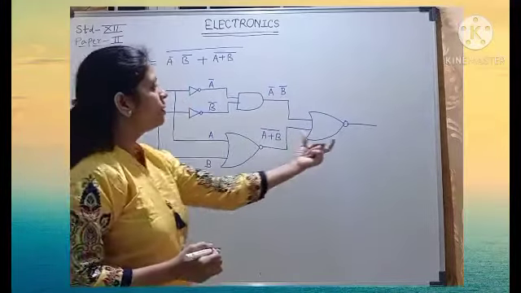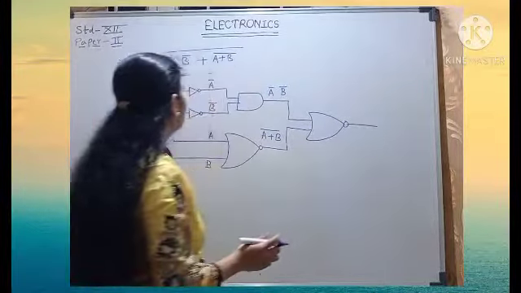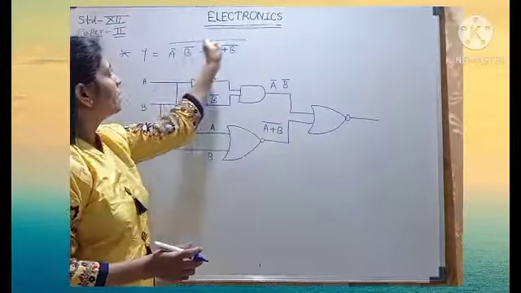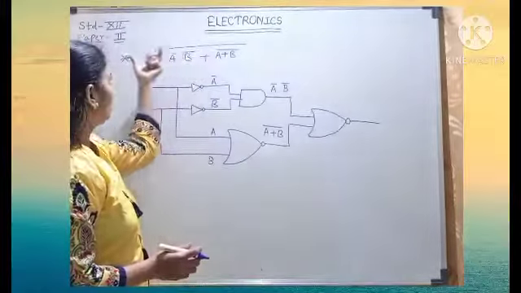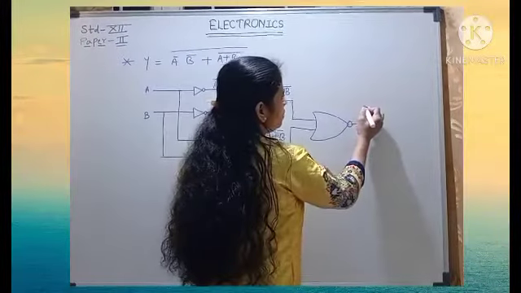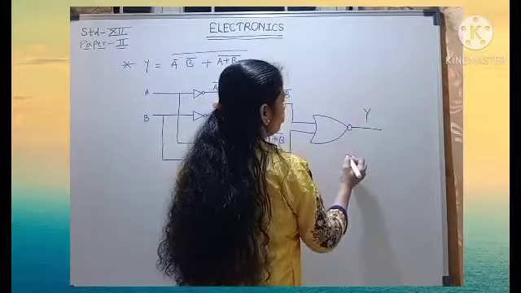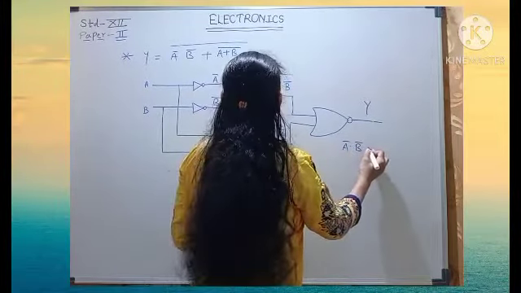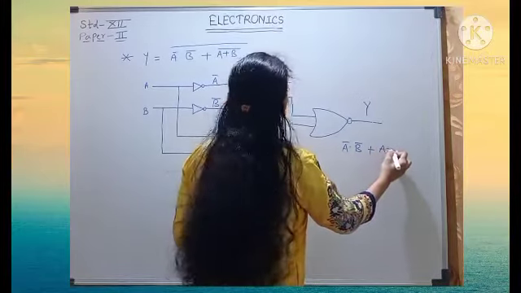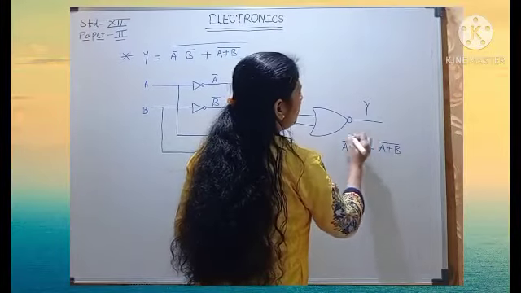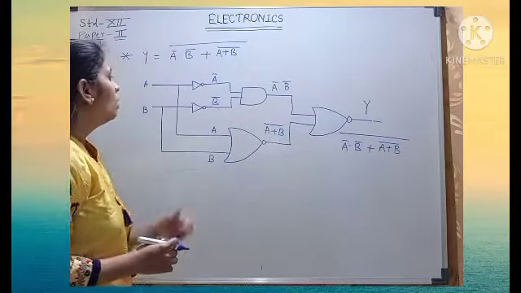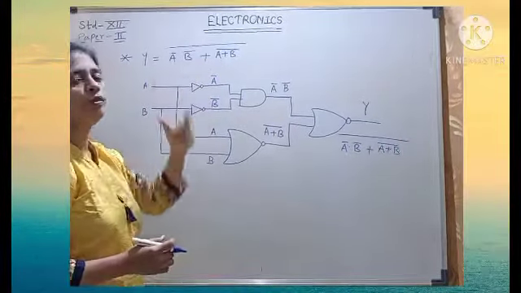Now here we got the final solution, that is (A bar dot B bar plus (A plus B) complement) and the whole complement, which is equal to y. So here we got the final output, that is (A bar dot B bar plus (A plus B) complement) the whole complement. So in this way we can draw a logic diagram for a given Boolean equation.